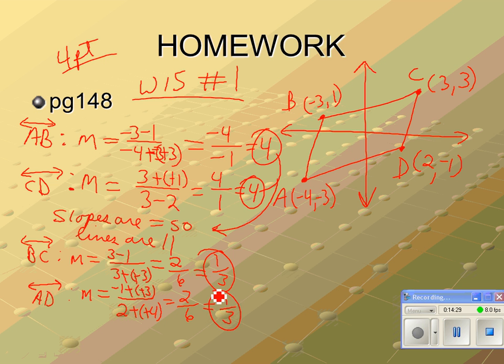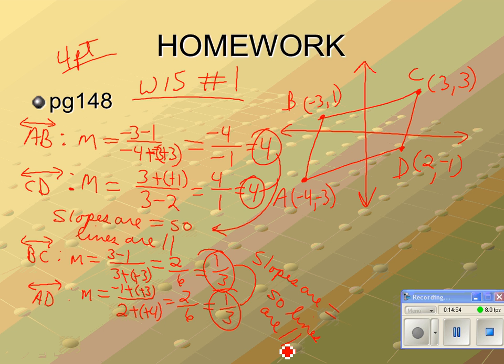What's that tell us? They're the same. Their slopes are equal, so make sure you write it out again. Slopes are equal, so lines are parallel. Now, is that enough? We have to say that it's a parallelogram. Exactly. If you did all this work right here and it was worth 4 points,